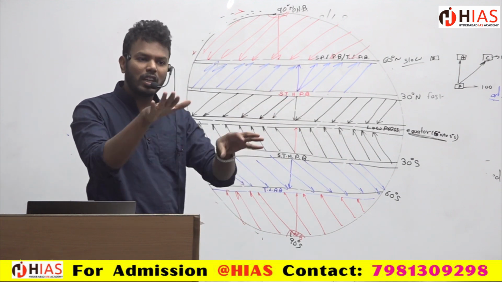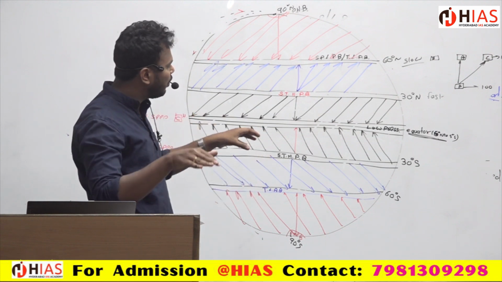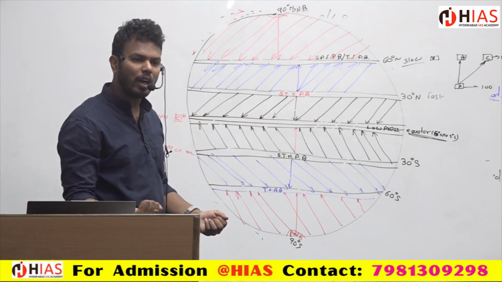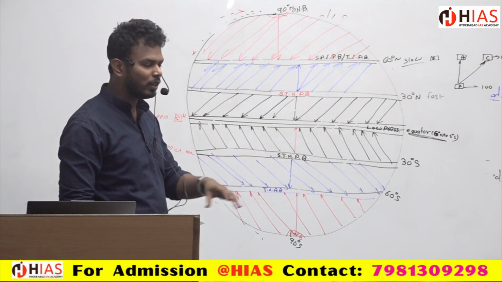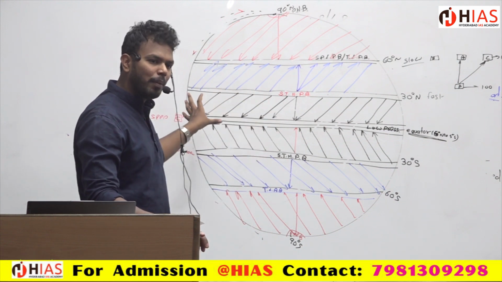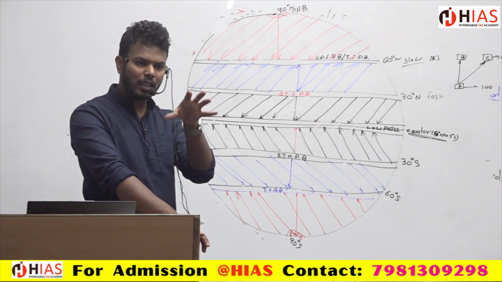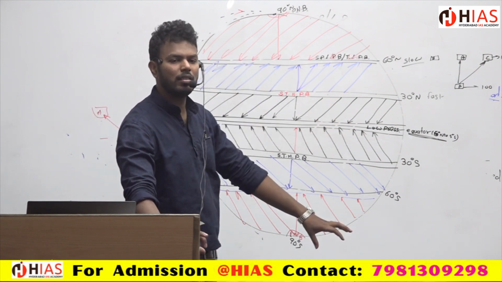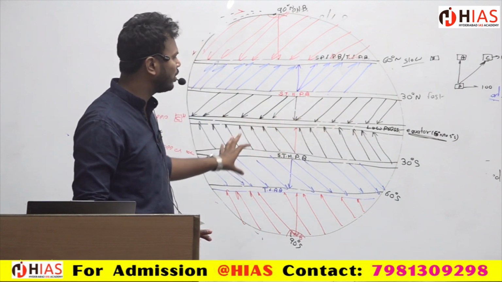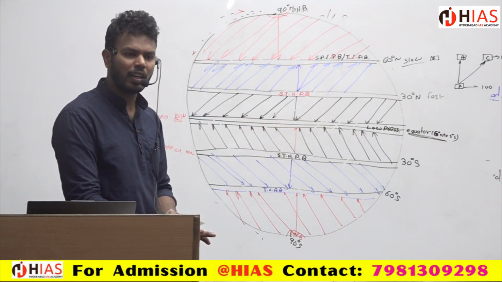And only the temperature difference comes. Because of the difference in temperature, a pressure difference is going to happen. Because of the difference in pressure, again the same things are going to happen. That is why Hadley said the same thing, with the same question as you. By keeping the same question, Hadley gave the same answer: the winds are coming in one direction. But that was told to be wrong, and it was replaced by the Ferrel system.